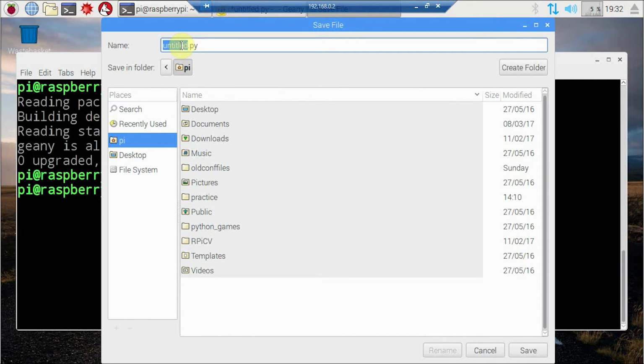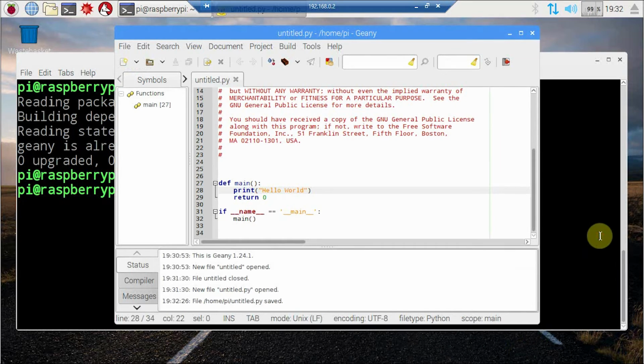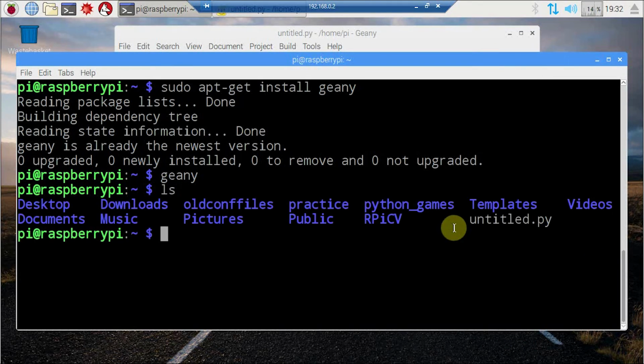So just edit the name of the file and it will automatically take the extension. Just click save, and here we have the command window where we can see if the file has been created in the file system. Yes, the file has already been created in the file system.